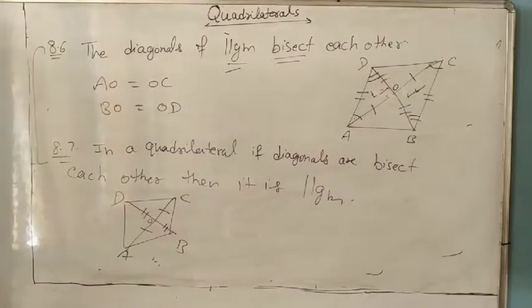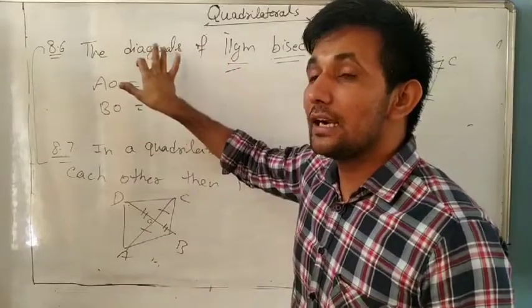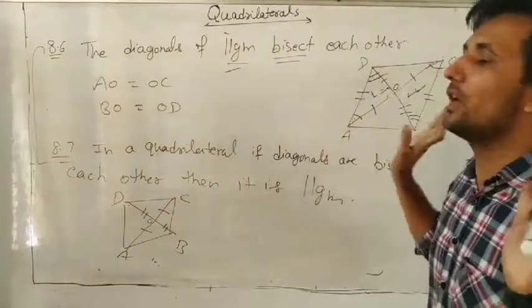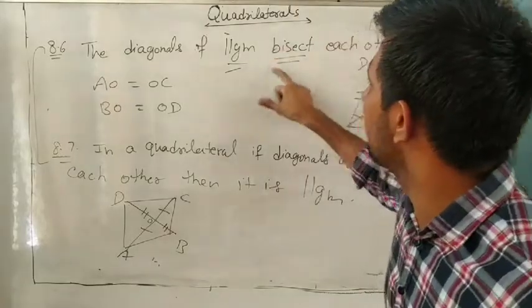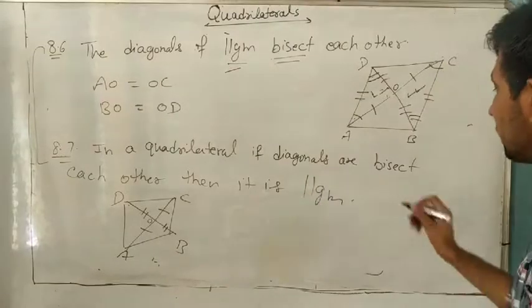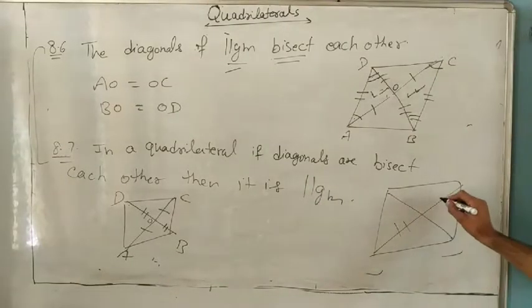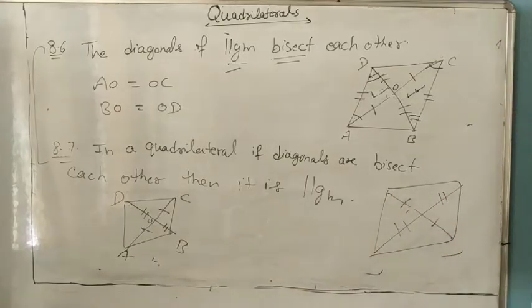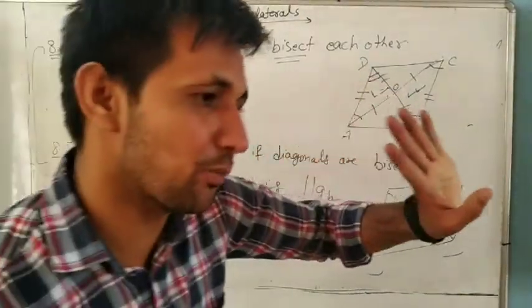Why are they opposite? Because first, for the diagonals of a parallelogram, if we are given a parallelogram ABCD, then always remember the diagonals bisect each other, they are equal. And second, if in any quadrilateral you prove that the diagonals bisect each other, then it is a parallelogram. Only remember. So there are 6 properties.